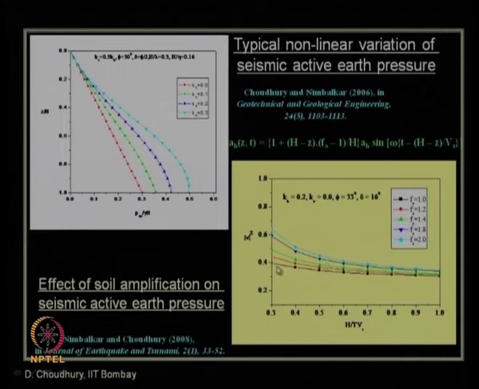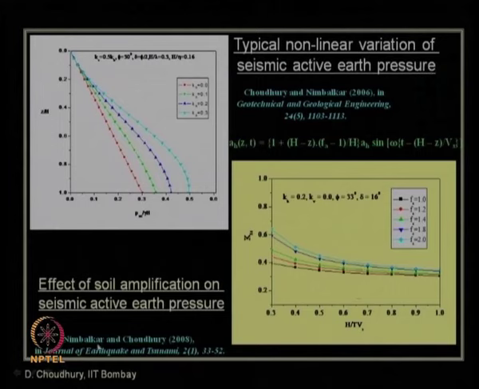Again, the variation with the amplification factor can be seen over here. When there is no amplification, this black line is the value of KAE, the design value without amplification. But when the soil gets amplified during the earthquake, that material property can also be taken into account in this pseudodynamic approach, and you can see the design value of KAE is increasing. Can you see? That automatically says that we need to take a higher value of seismic active earth pressure when we are designing our wall in a soil which is going to get amplified, subjected to some earthquake motion.